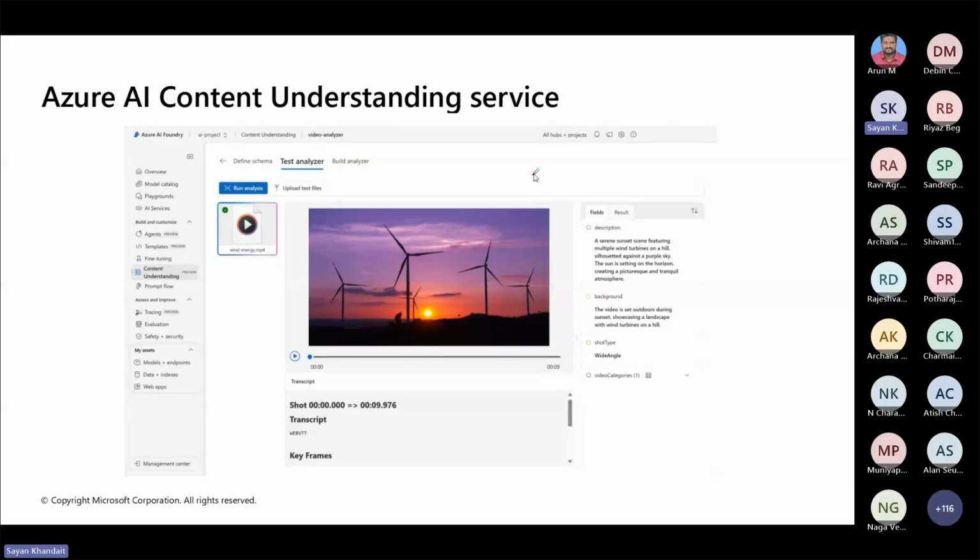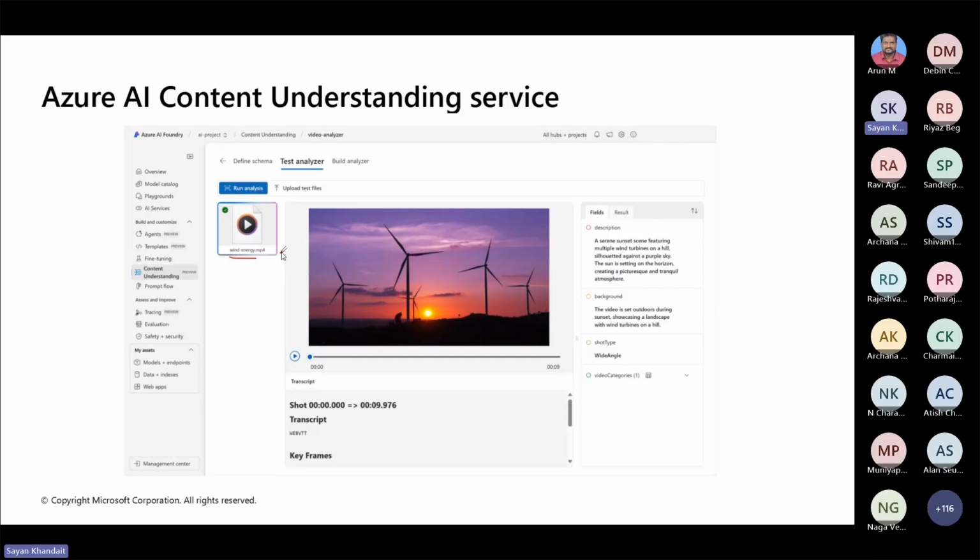In addition to simple text-based documents, the content understanding service is also capable of analyzing audio files in order to provide a transcription, summaries, as well as other key insights. The content understanding supports analysis of images as well as videos in order to extract information based on a custom schema. For example, you can analyze images of a video conference in order to extract details of attendance, location, and